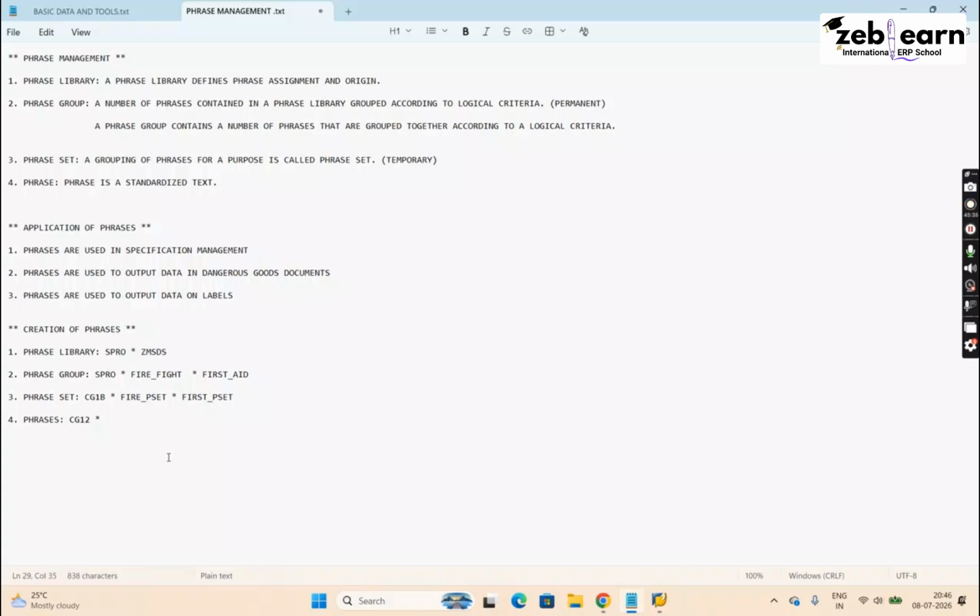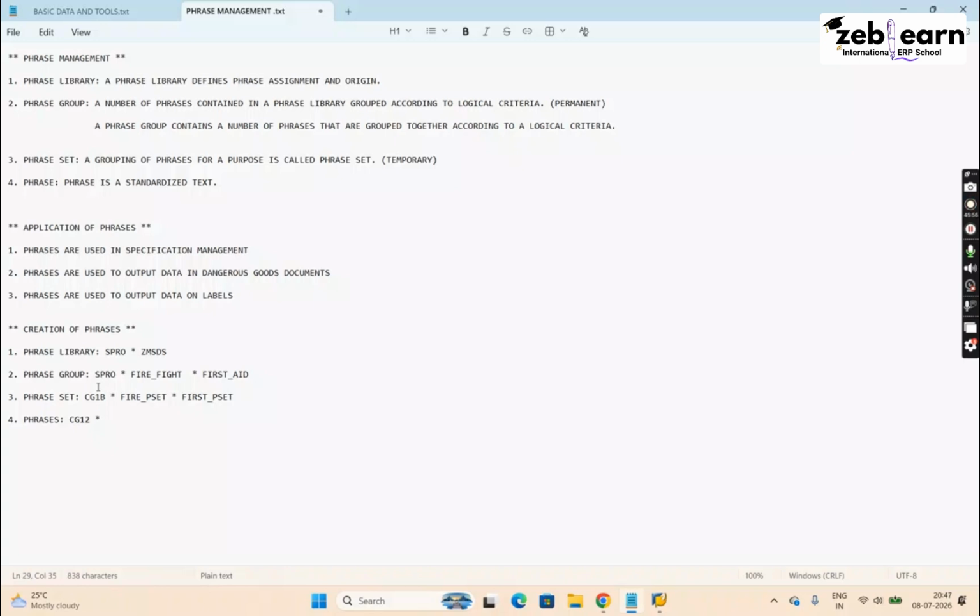Just if you want to practice, you can even create the same data that I have created. That is fine. But try for sure, whether it is my data or your own data, don't forget to try, because practice is more important in SAP. Otherwise, it will just be a theory. So create all this data,